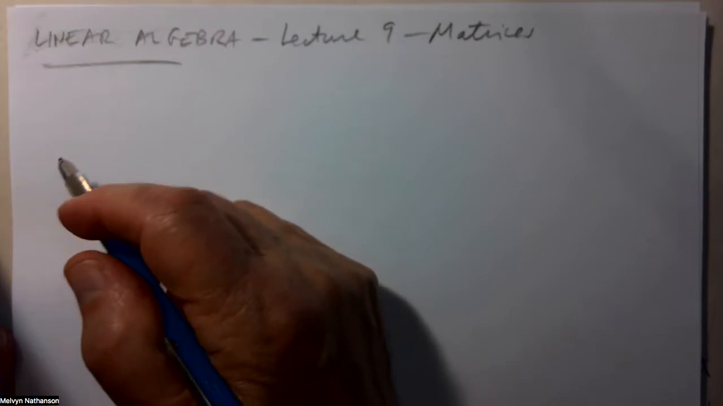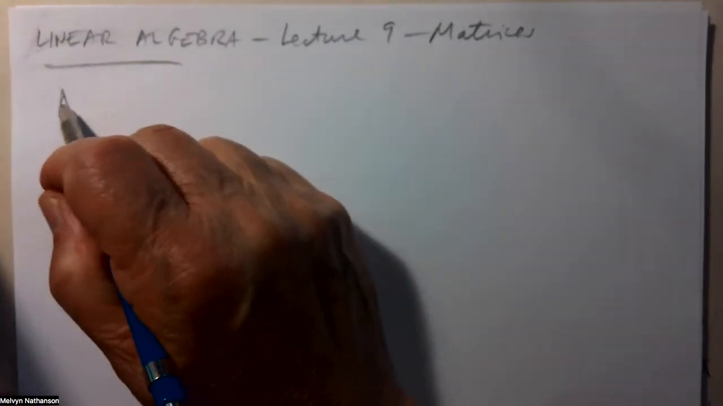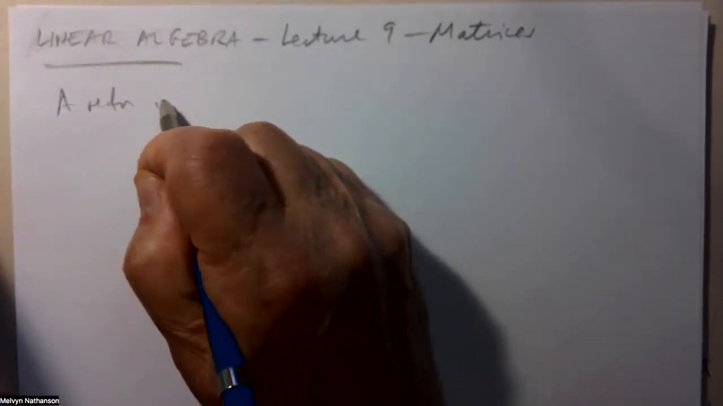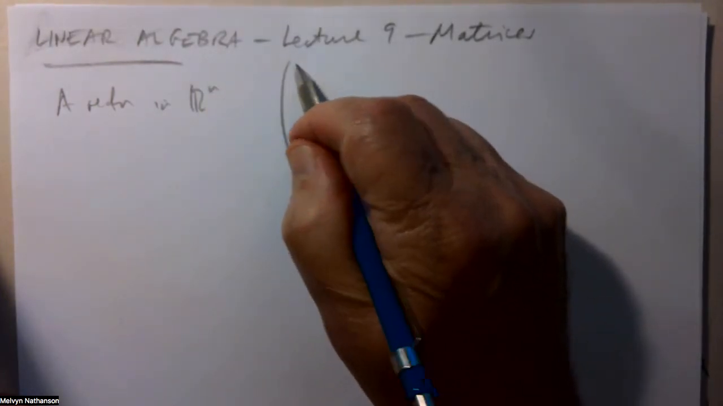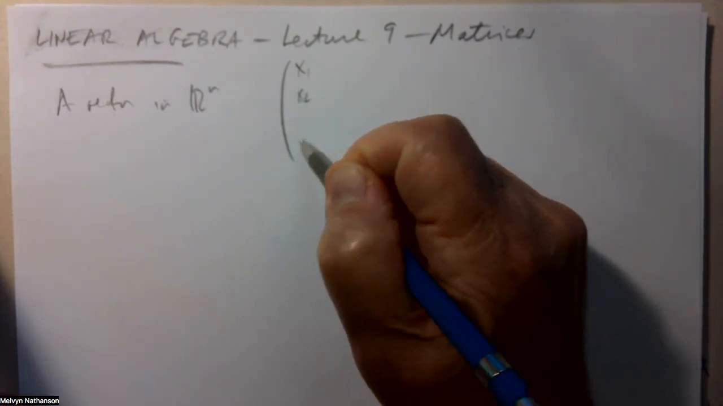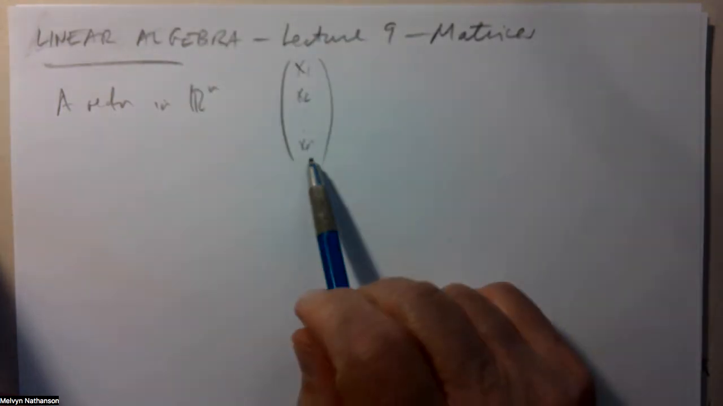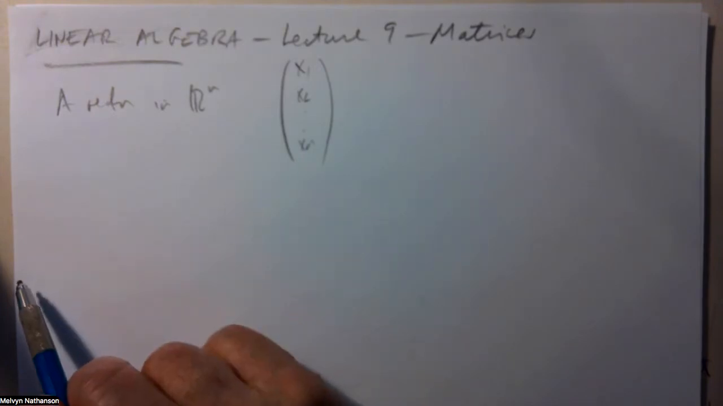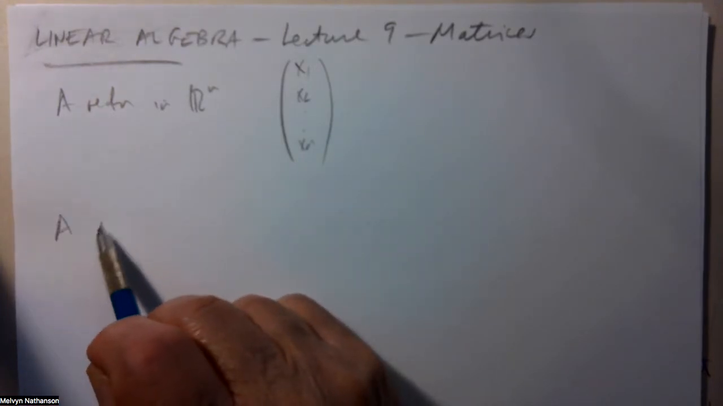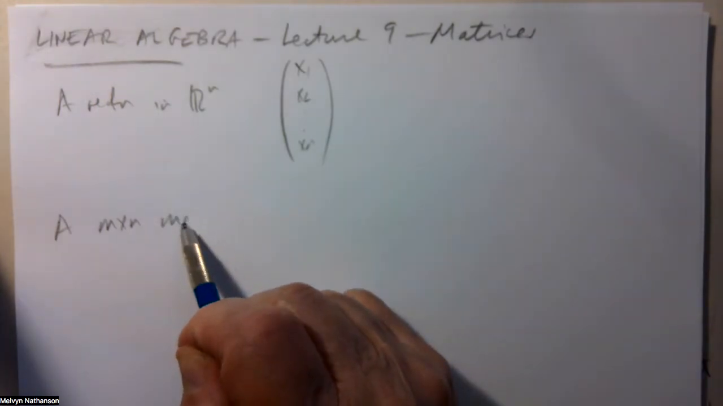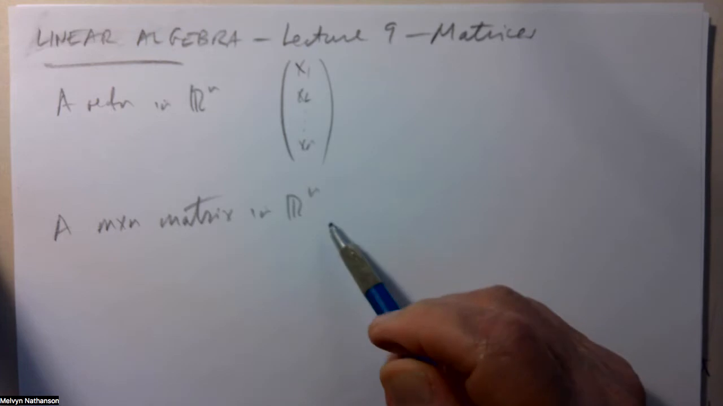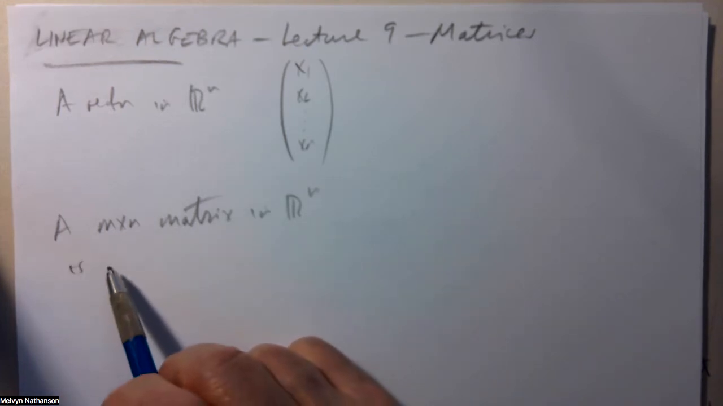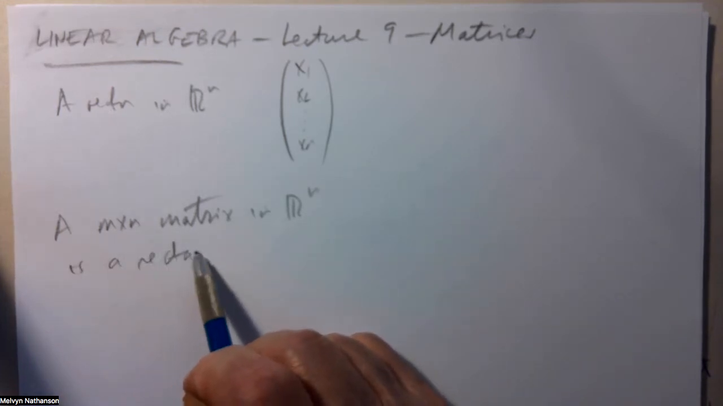This is the first lecture on matrices. So you remember a vector in R^n is a column vector, one column of n numbers. An m by n matrix is not a column, it's a rectangle